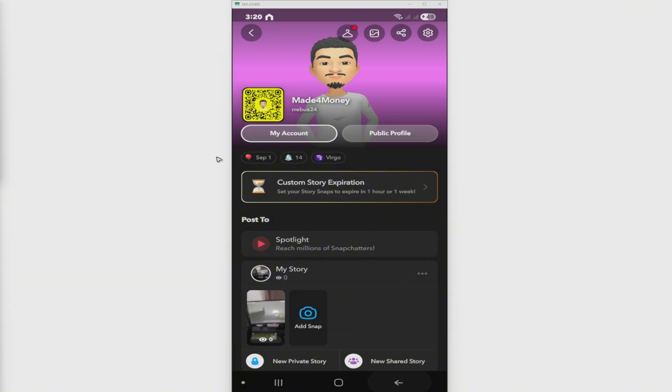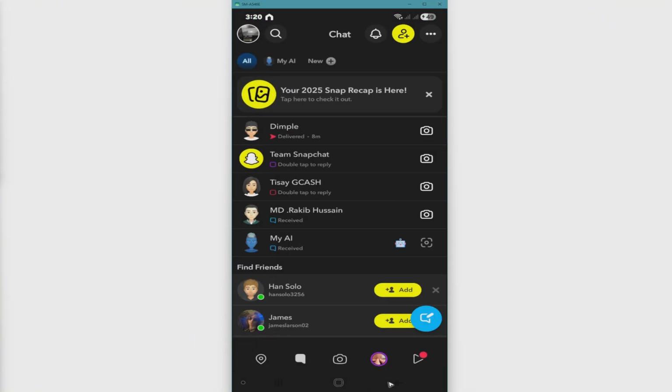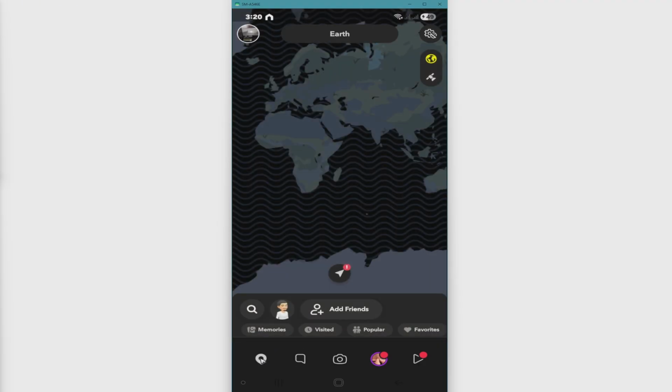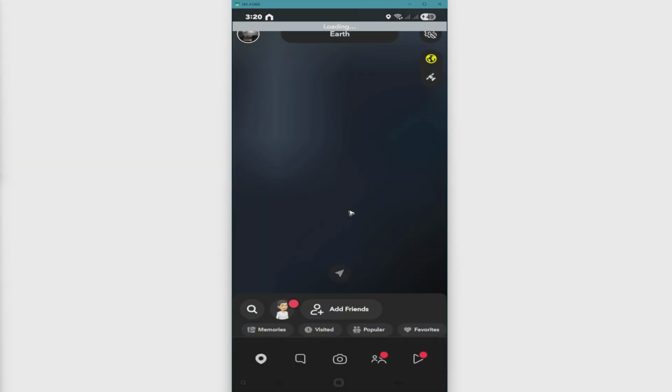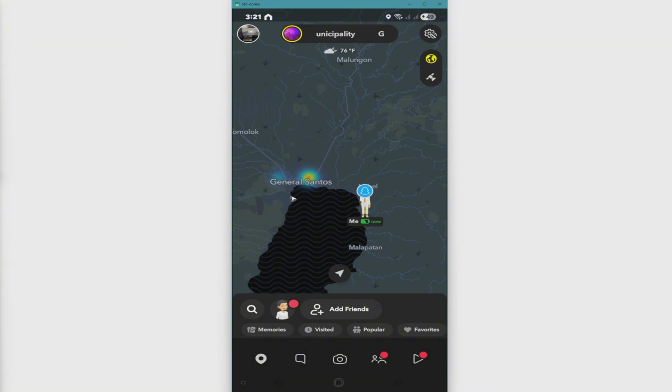The first step, go ahead and open up the Snapchat app. And once you're in here, just go ahead over to the Snap Map right here at the bottom left. So just tap on it. And once done, tap on this location services right here and just allow location. Okay. Turn it on. Wait for it to load, and once it loads, you should be able to see your